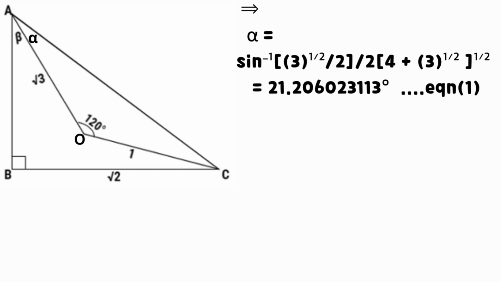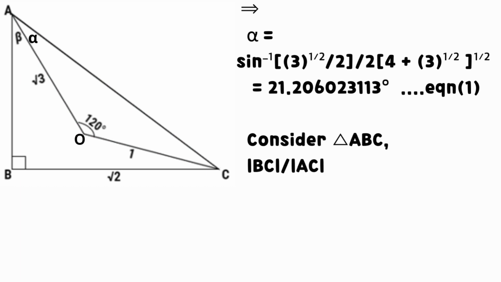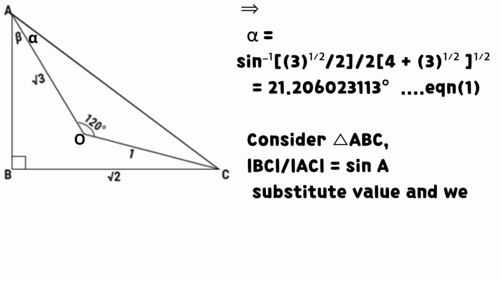After substitution of values and simplification, it means that alpha equals 21.2060231113 degrees. We call this result equation 1. Consider triangle ABC. Line BC divided by line AC equals sine A. Substitute value and we have that